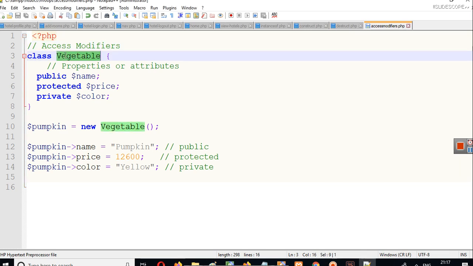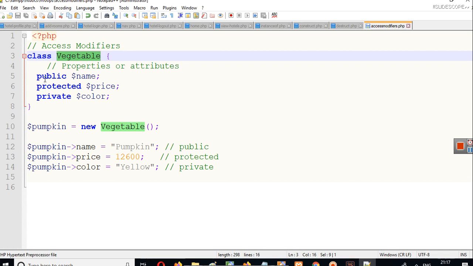In the vegetable class I am setting some properties or attributes: name, price and color. The name of the vegetable will go in the name variable, price in the price variable and color in the color variable.